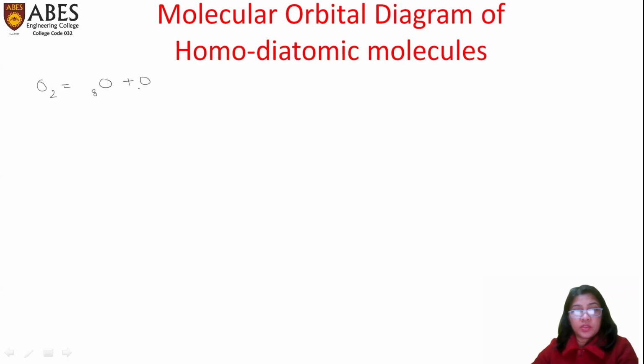The atomic number of oxygen is 8, and the configuration is 1s2, 2s2, and 2p4. Similarly, for the other oxygen atom, the configuration will also be 1s2, 2s2, and 2p4. For the oxygen molecule, the total number of electrons will be 8 plus 8, 16. This is greater than 14, and this will follow type 2. And as previously discussed, the configuration given for type 2 is